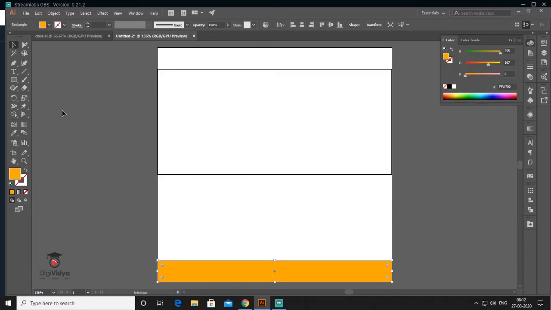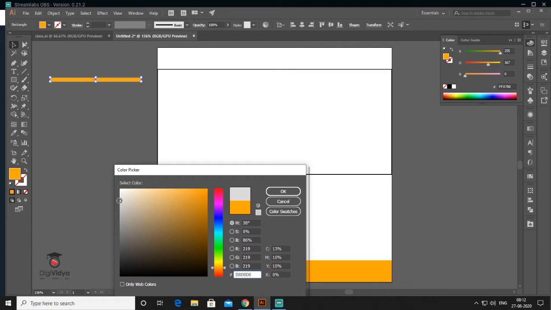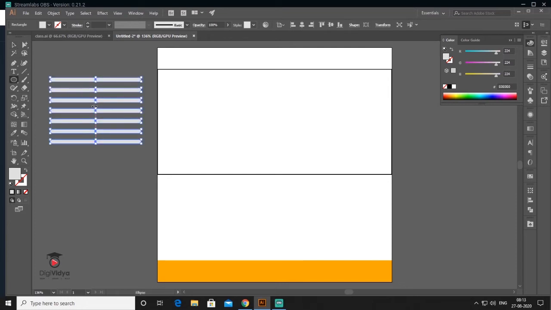I make a rectangle here, then I make a rectangle, it's gray color, then I just copy this and press Ctrl D for transform again.